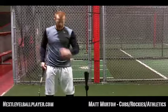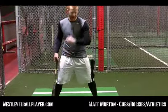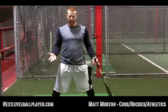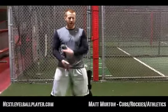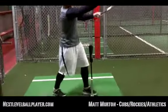After I do my one-arm stuff with the high tee, and then I do my no rotation off the backside for my hand path, then I get into my full swing. Okay, I've kind of loosened my body up. I put the high tee up and away, again, just focusing on getting on top and through and going through